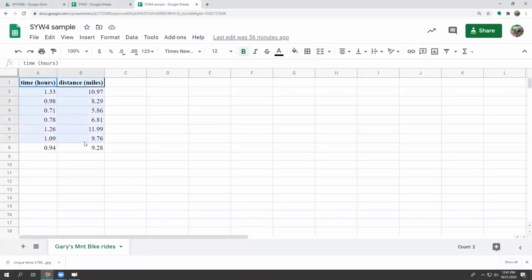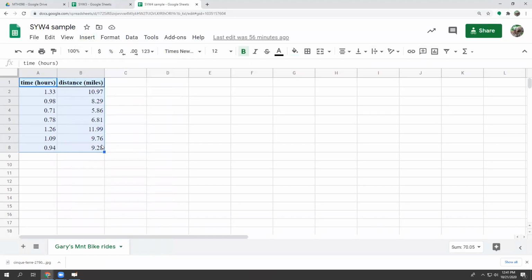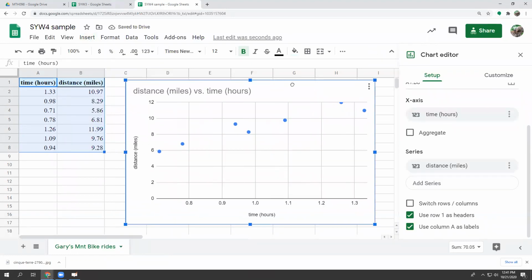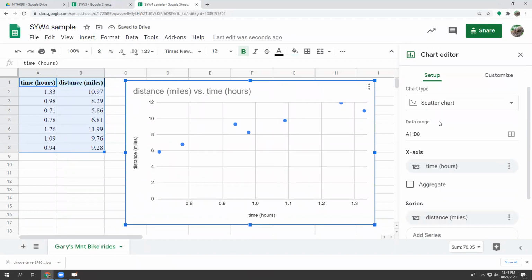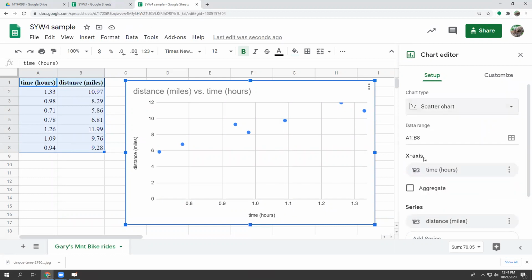If you're watching this in the future, I'll put that link in the description of the video. To have the computer graph these, you just highlight the data, and then either find the Insert Chart button or go to the Insert menu and then choose Chart. If you're an Excel user, it works a little bit different, but it's similar. So the computer guessed at a scatter plot for me. If it didn't guess right, then under Chart Type, you can scroll down until you get the scatter plot. It put my labels in there for me, which is kind of nice. The title at the top kind of sucks, but we'll just go with it. So then I would just kind of hold a piece of paper up to my screen to try and pick 2 points here.